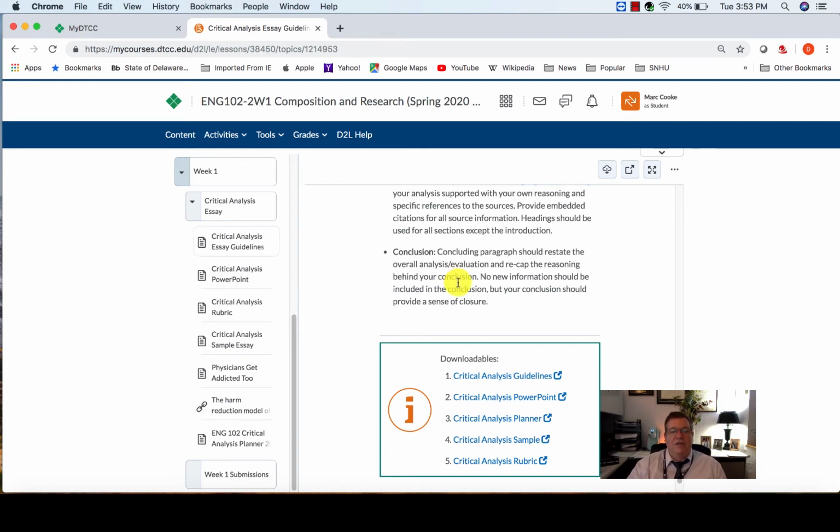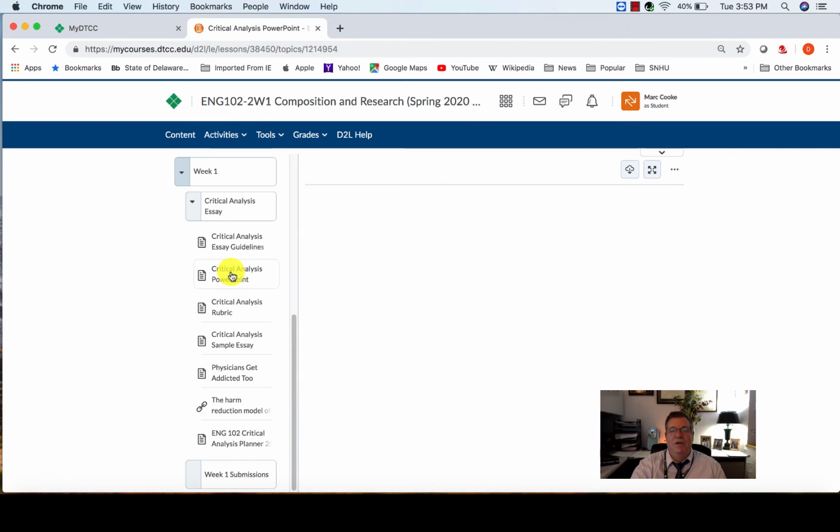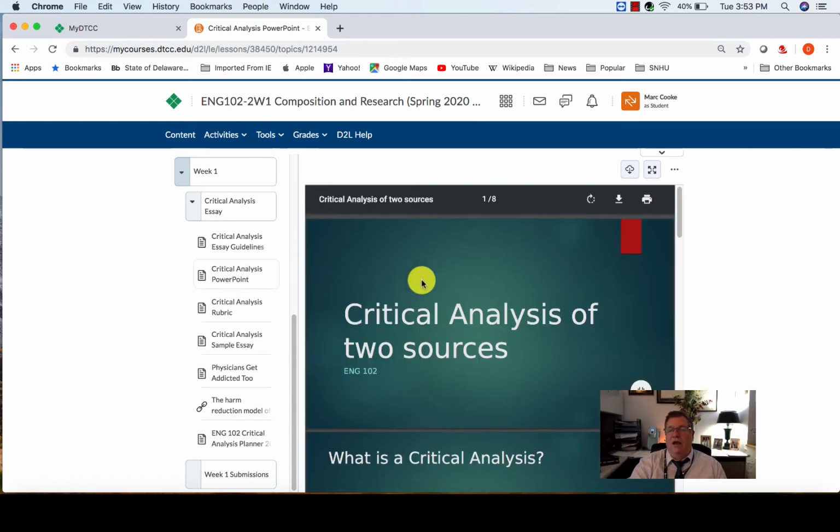Look those over. There is a PowerPoint that walks you through some of the specifics, so I would suggest opening up the PowerPoint and giving that a look. You can either look at it here, or you can look at it through the other link. You can download all the materials from D2L. There's a button up here that will allow you to download it, and you can also print off everything, although I don't suggest printing off the PowerPoint because it's going to use a lot of ink.